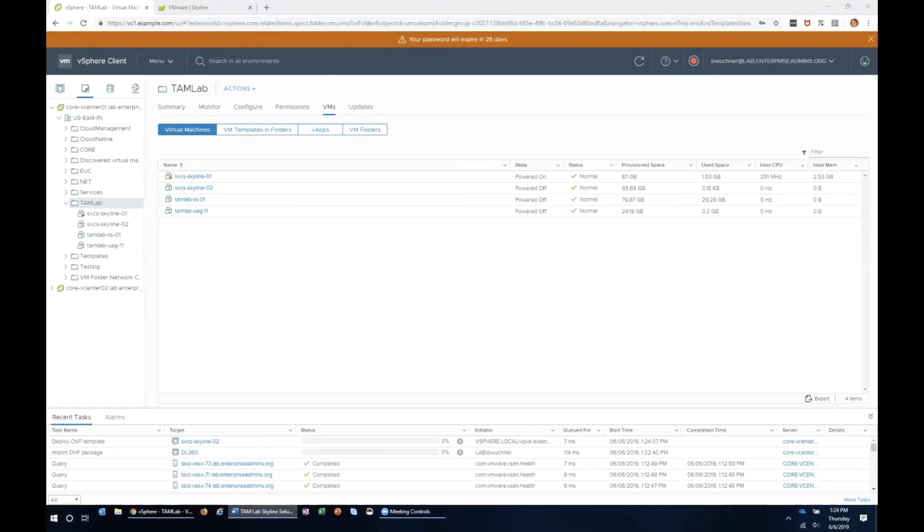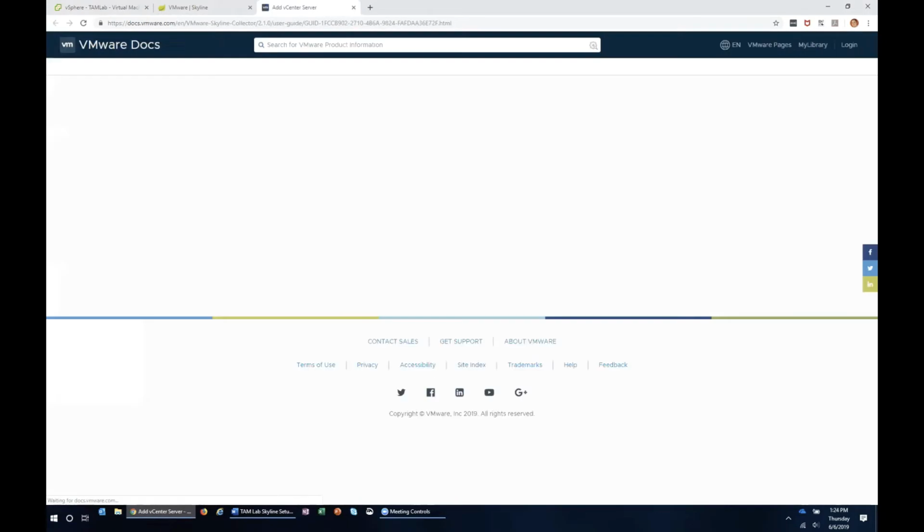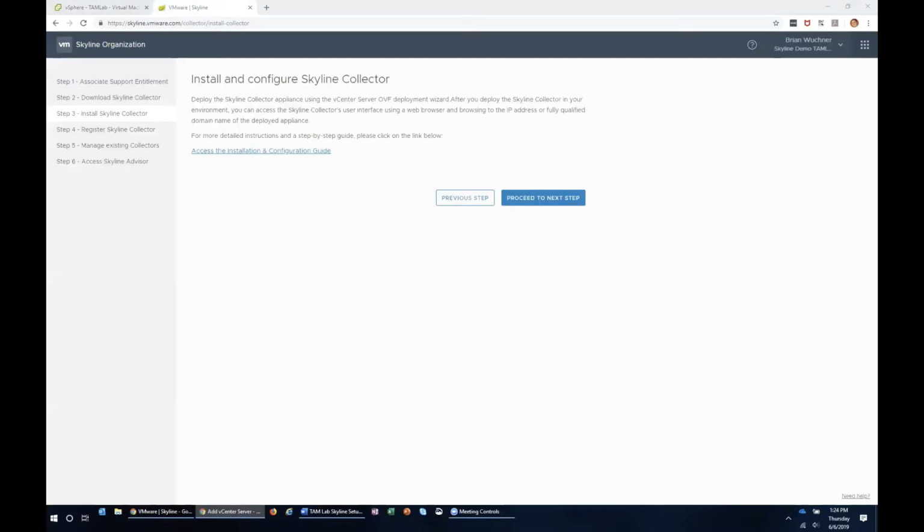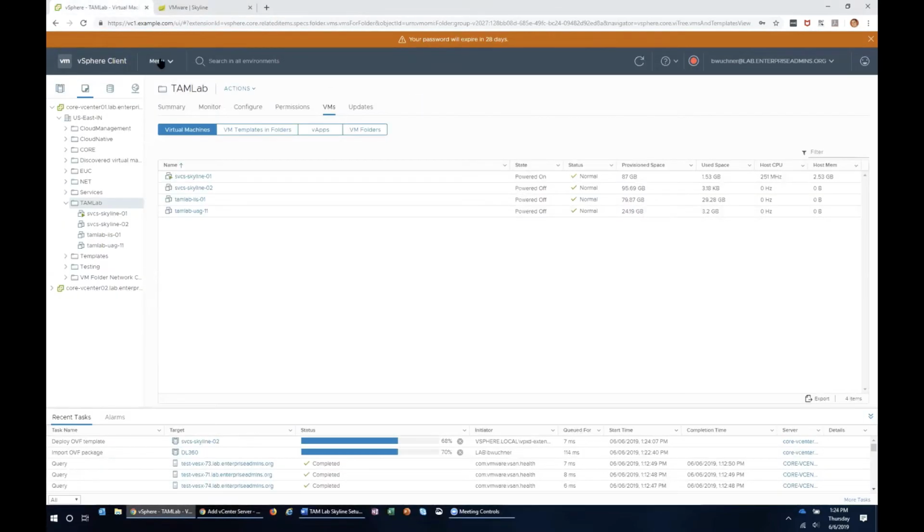So like I said, we created a service account. Those service accounts need specific roles in vCenter, NSX, vROps, and Horizon, the 4 supported products. So in vCenter, there's a handful of permissions that we would grant this user. So to do that, we'll go into our vSphere client,